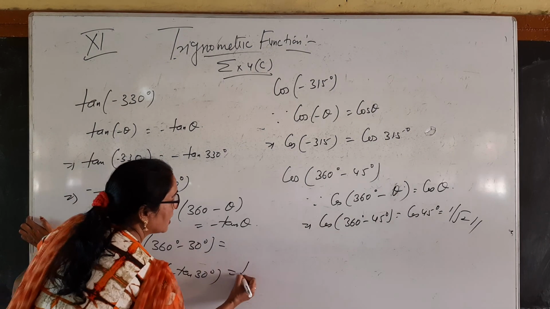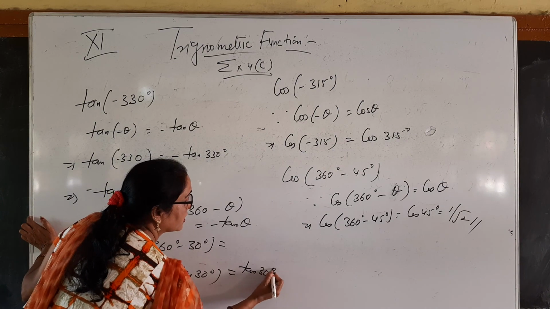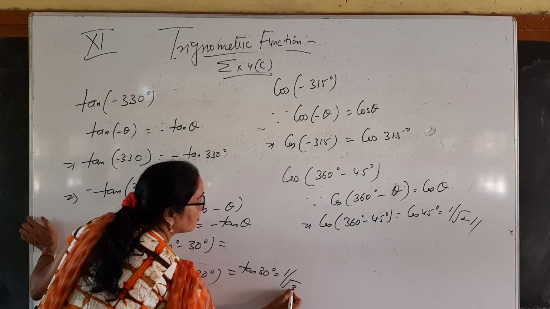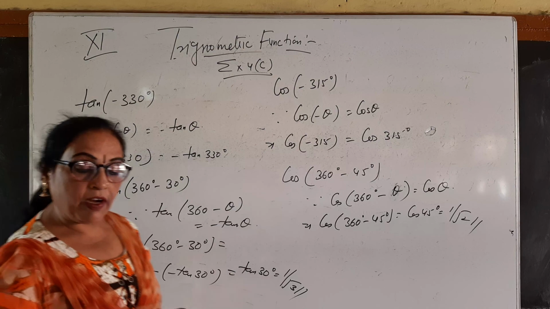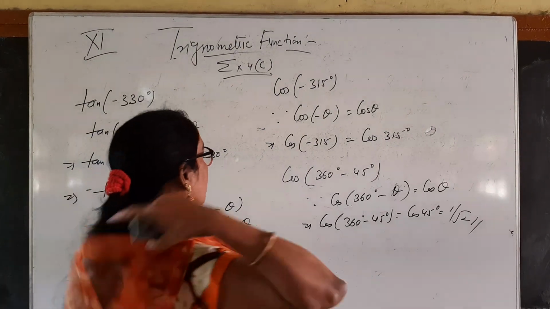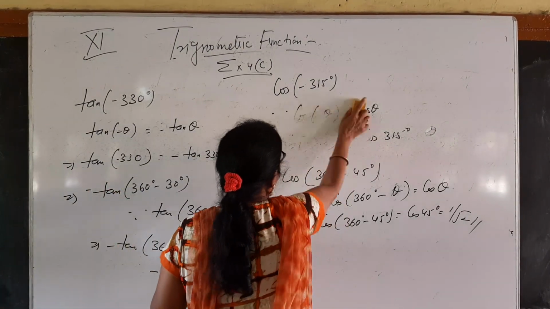So we will get here tan 30 degree. And tan 30 we know that its value is 1 by root 3. So whatever way the question is given, you have to reduce it to the known values. Now again,